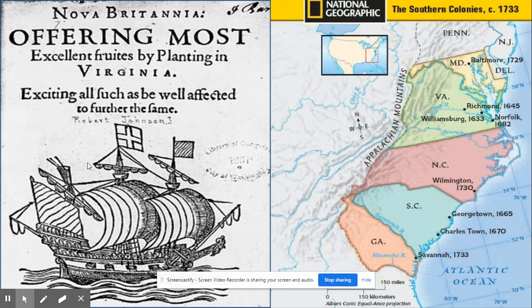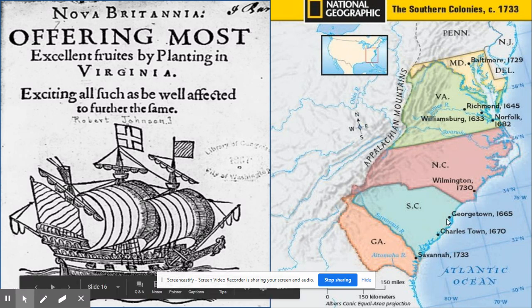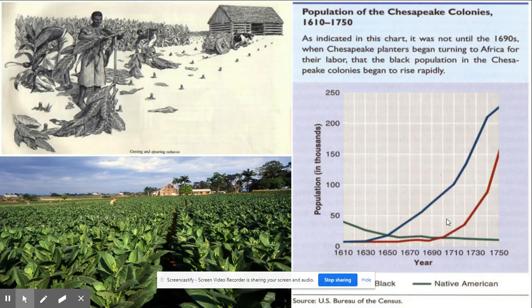Okay, like I told you, each colony itself is going to be special for something, but each section of the colonies too. So if you start at the top, you have the New England colonies. They're not all New England, but because New England's there, that's where some of the first places were founded by England. They call that section New England. Then you have the middle colonies, then you have the southern colonies, which for us Southerners, we pretty much well know what the southern colonies are, but we'll go through those.